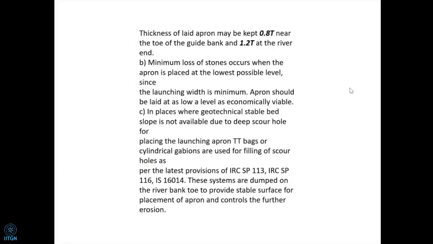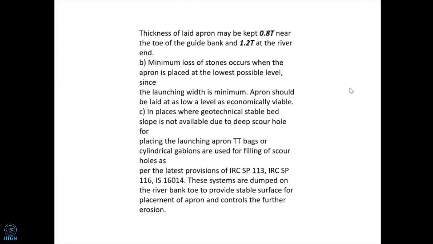Okay? Then, I think we are reaching almost 10 minutes. So let me. Thickness of the launching apron will be 8 tons near the toe and 1.2 tons at the end. Here will be more wedge. For this, we can use the gabions. We can even use geotubes, which we will see later. They all have to be monolithic. That is very important. Continuity has to be there. And for further detail, you can use even bags continually packed very well. I will show some case studies later as we come to that.